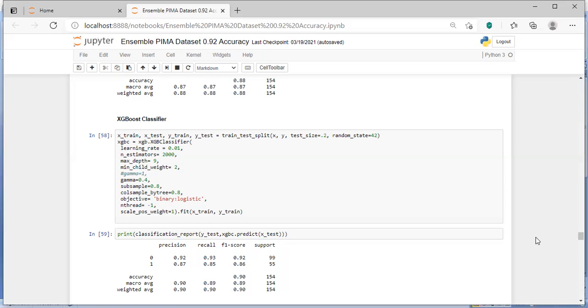So when you are considering this XGBoost classifier, the first step is you need to split the data set. So you will get X train, X test, Y train, Y test, and then you need to import xgboost as xgb, then xgb.XGBClassifier, you are instantiating it. Now you need to pass the parameters. Always keep in mind that in XGBoost, the extreme gradient boosting, most of these parameters are related to how to trade off the bias and the variance.